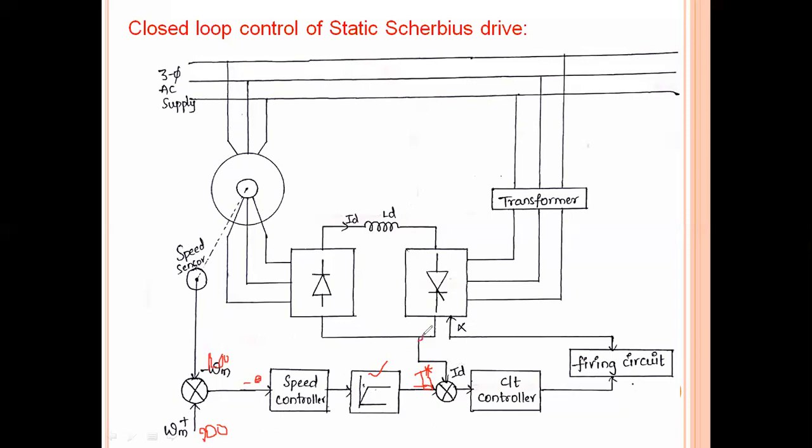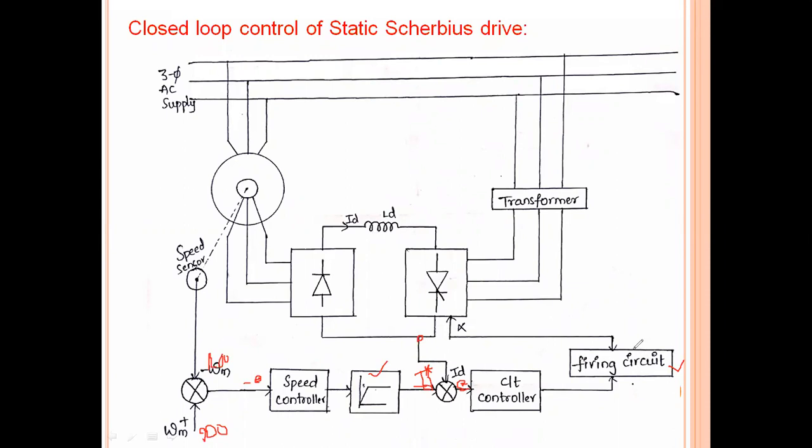See, this actual current is taken from the shear bus drive, and this is a DC current, because you can see this is a rectifier and this is an inverter, as we have seen in yesterday's class on the operation of the shear bus drive. So in between we will have the DC current. This DC current is compared with this reference current, so that this current controller processes the error current, and this error current is stabilized by this controller, which gives it to the firing circuit. And here this firing circuit operates accordingly.